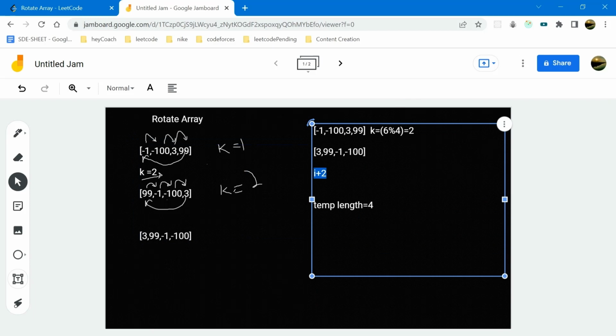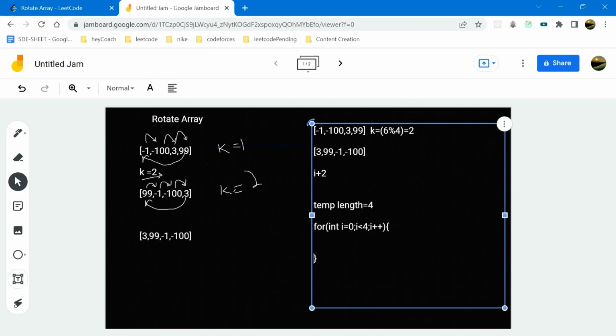So if we get this value and we replace it, or rotate it, it is the same thing. This is how we can do it. Suppose I run a loop for i equals 0 to i less than 4, where 4 is our length of the array. I am not doing it for a generic case, I am doing it for this one, so you can do it if you want. Temp of i